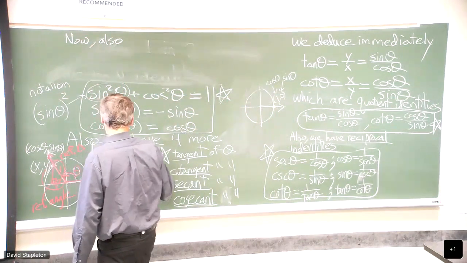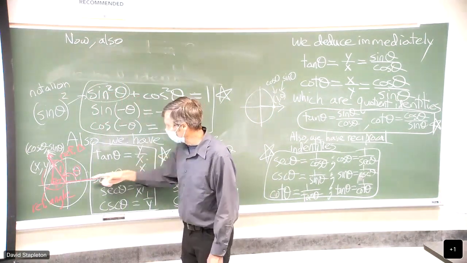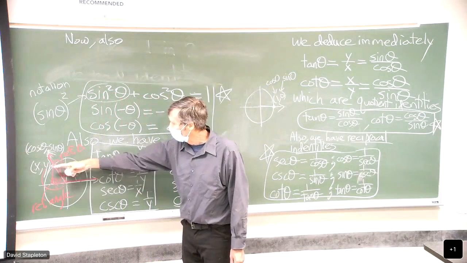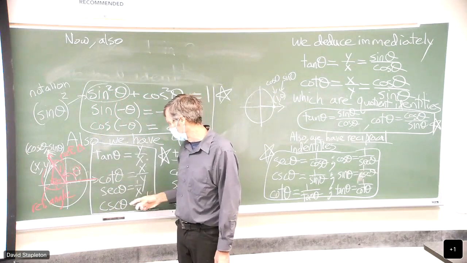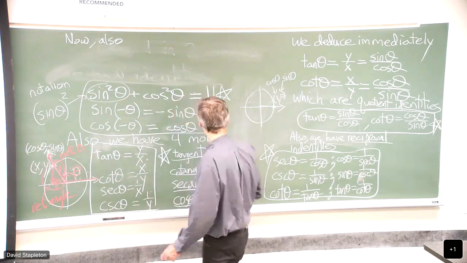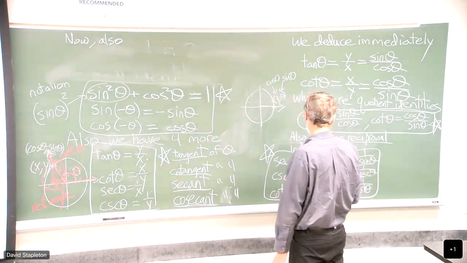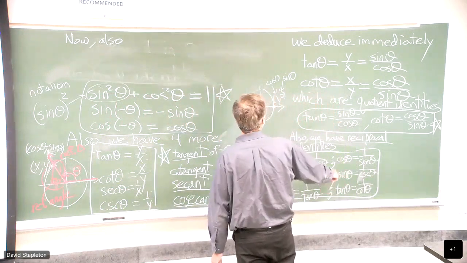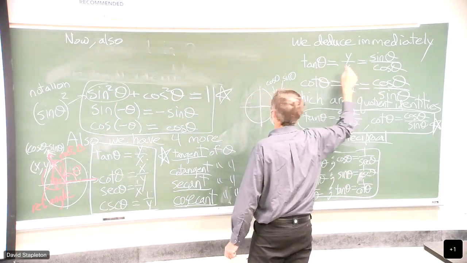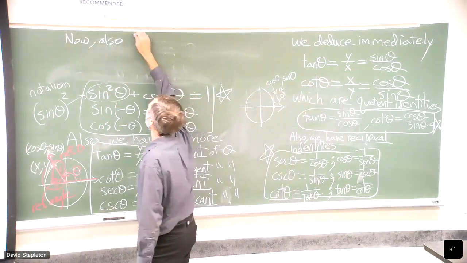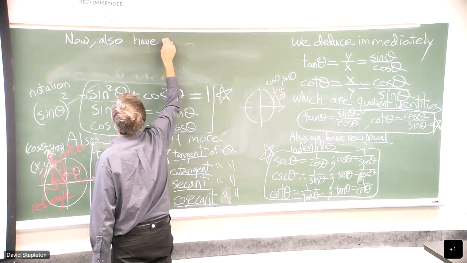I'm going to put some identities first. We just defined tangent to be the ratio of the y to x coordinate of the terminal point right here. Cotangent is x to y, secant is 1 over x, cosecant is 1 over y, and we get these nice relationships between the 6 trig functions. They're all reciprocals of one other trig function. The tangent and cotangent can be written as quotients of reciprocal functions. And furthermore, we also have that